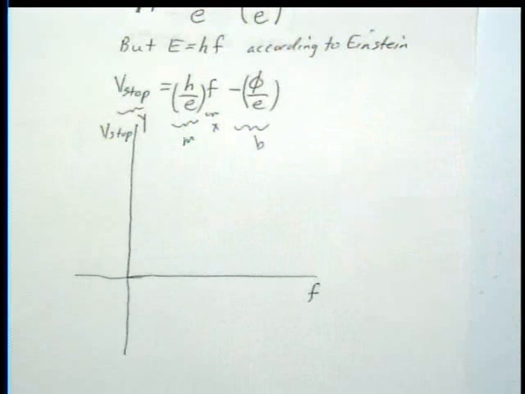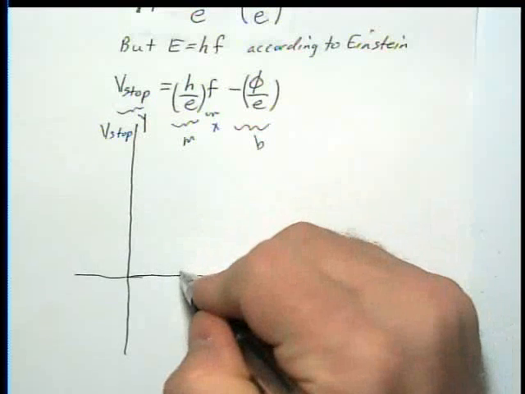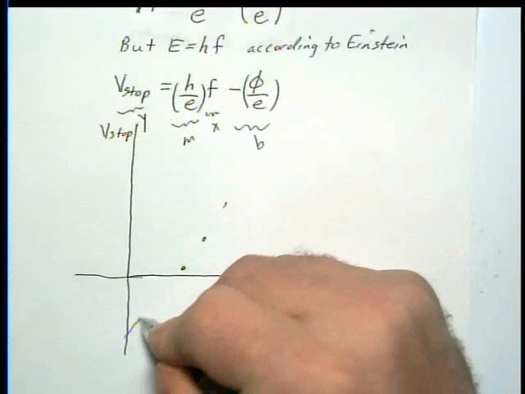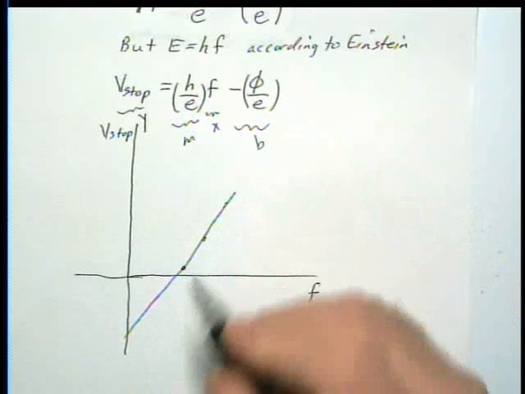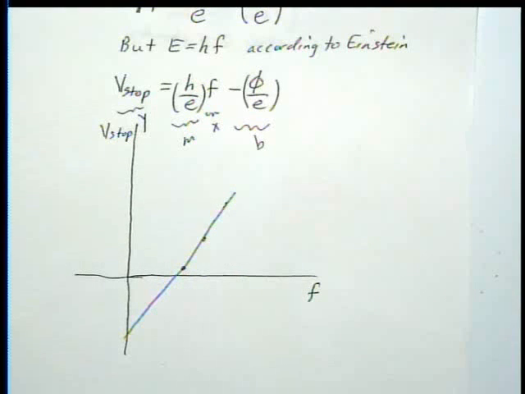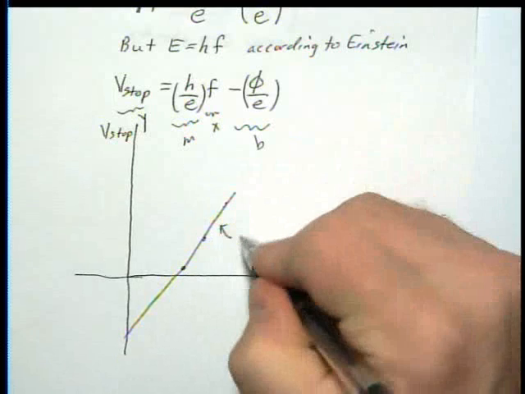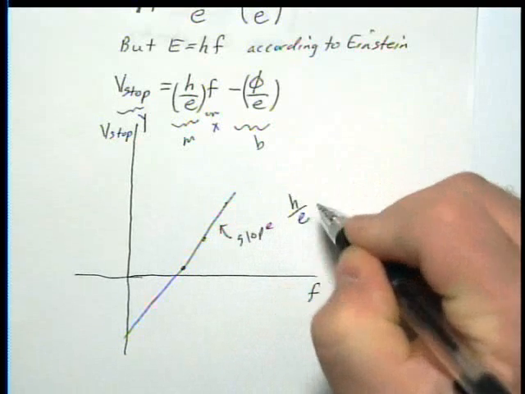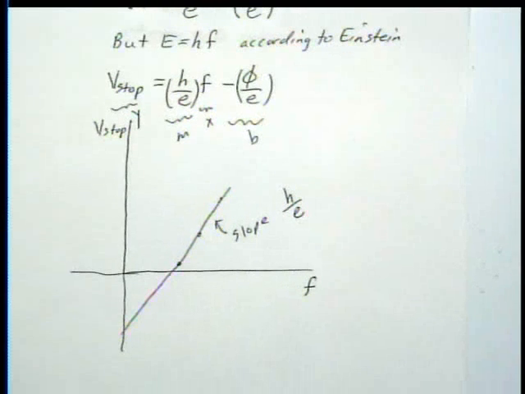So this is a straight line. So I expect to see data points like this. I can draw a straight line. I expect a slope of h over e. So measure the slope, and if I knew the charge of an electron, 1.6 times 10 to the minus 19 coulombs,